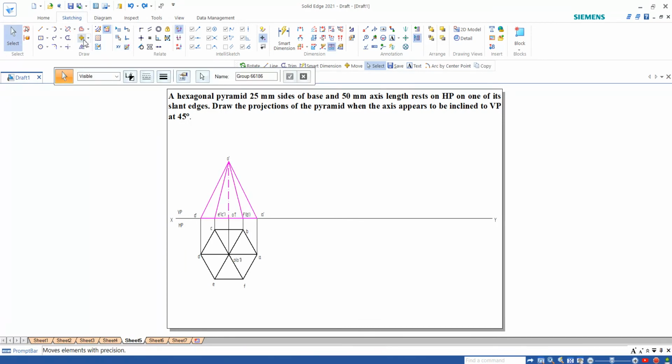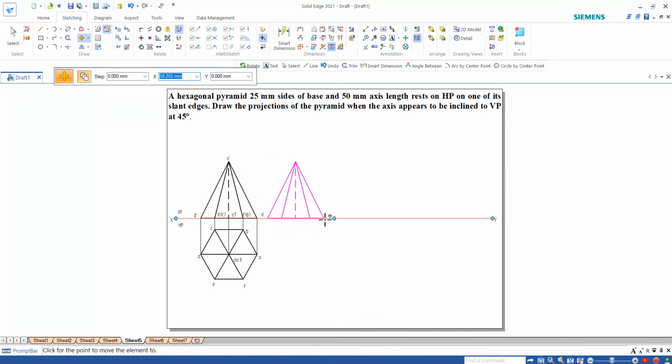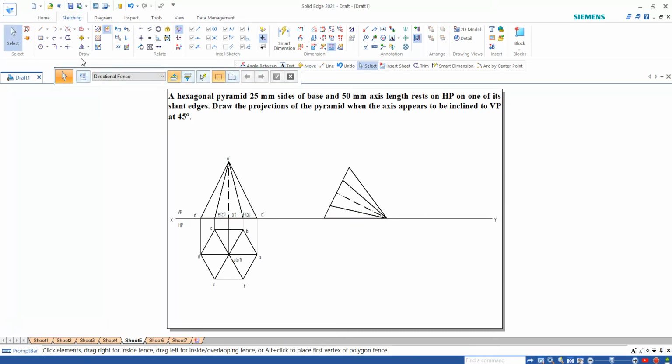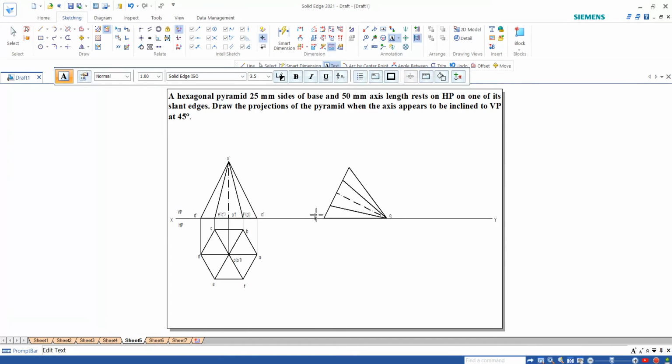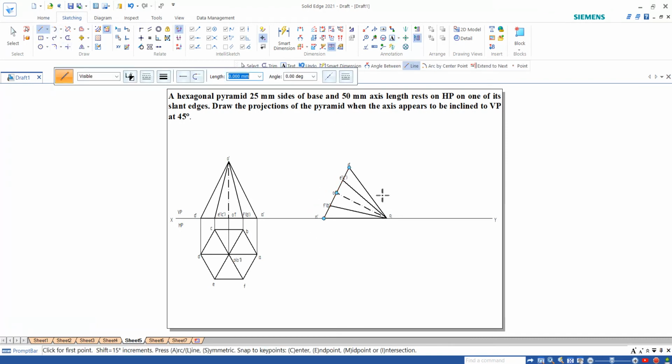I'll repeat again. You can select this, go for move, select the AO point. Now go for rotate. This A point and O point should be completely on the XY line. Once you've done this, go for the naming. This point is O dash, and this is your A dash, and the second one will be F dash in bracket B dash. Next will be O1 dash. Next point E dash in bracket C dash, and the last one will be D dash. Now when you observe from the top, I can see this complete face visible.